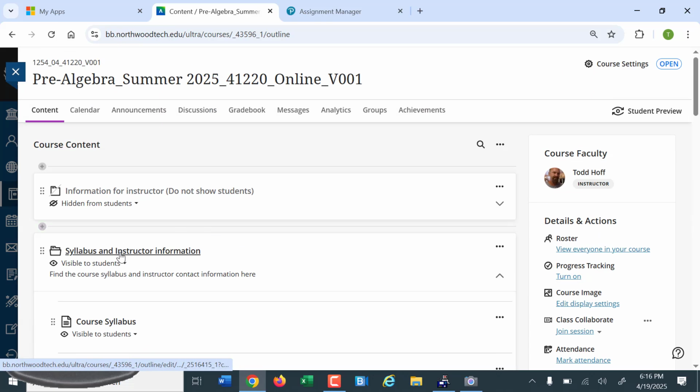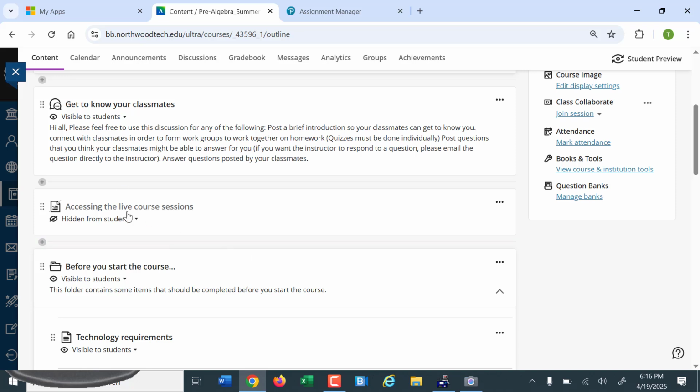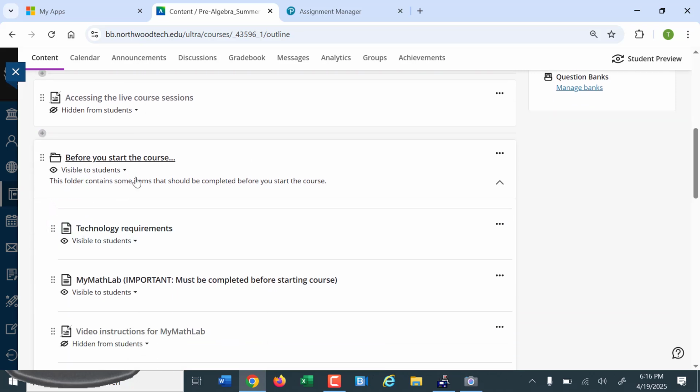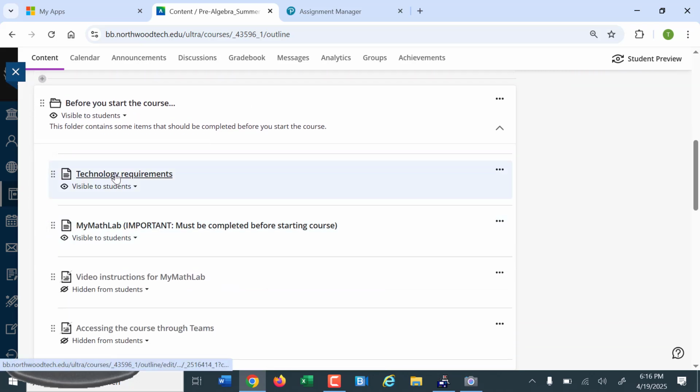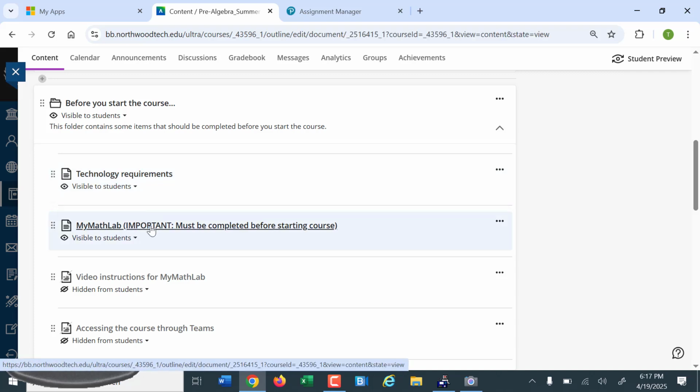As you scroll down, as you first look at it, these will be closed. So you'll get down to the before you start the course. Again, it will repeat, you must have regular access to a computer and internet. Make sure you've got that all planned out because all your assignments are going to be in this My Math Lab. So if we click on My Math Lab,